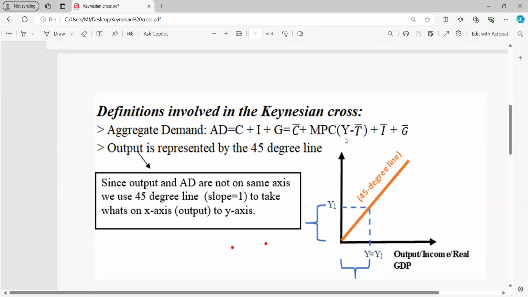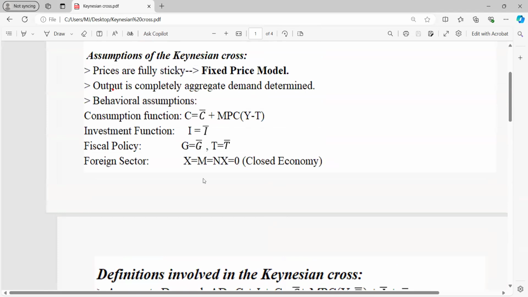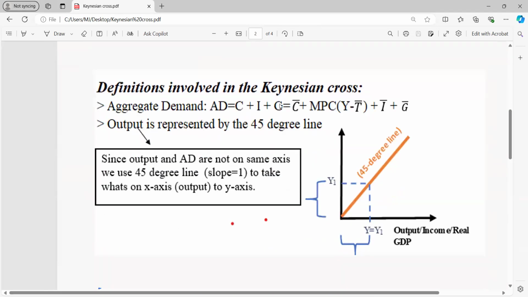But in this case, because we're doing it for a closed economy, net exports is zero. So in general, aggregate demand is just C plus I plus G plus NX. But given the assumptions that we made over here, we can simplify aggregate demand in this form: C bar plus MPC times (Y minus T bar) plus I bar plus G bar, when we plug in our assumptions. And secondly, we need to keep in mind that here in the Keynesian cross, output will be